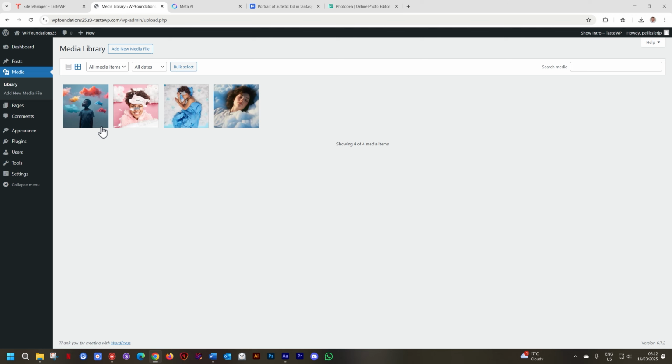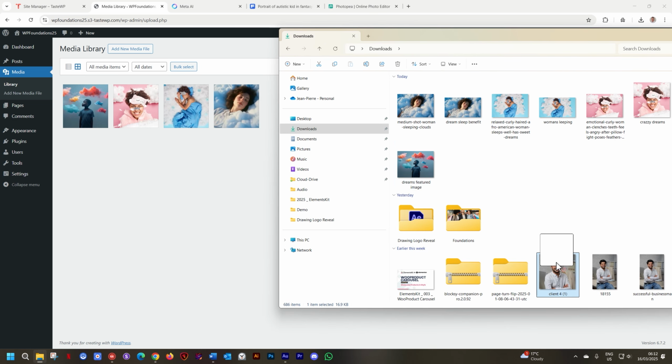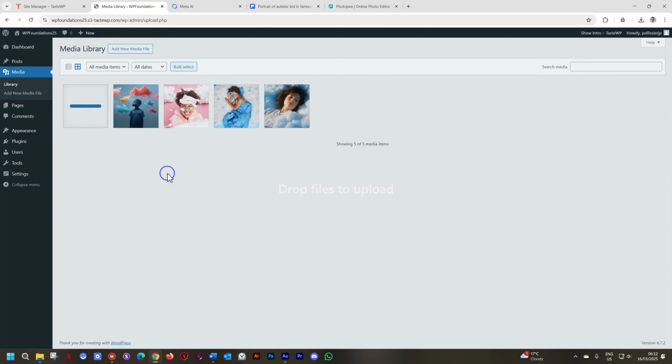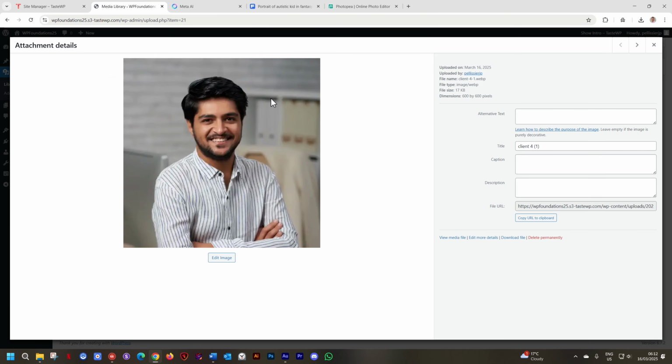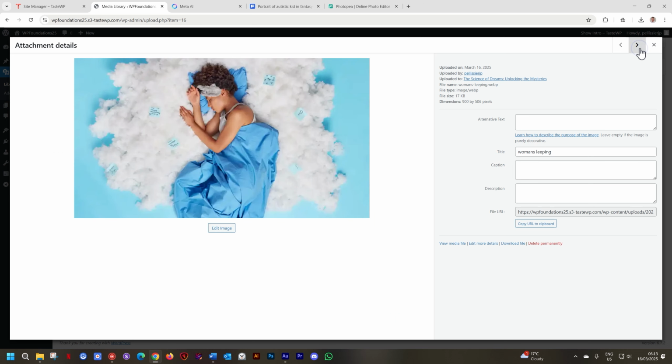What you had to do is you had to come into the media library and upload the images from here. And you can do that again with this simple feature of just dragging and dropping. So I have an image over here that I've used in another website, and I'll just drag it and drop it and it uploads. Then you can select the image and it will show you the image. It will give you some details, the size of the image, and you can cycle through the images by using these arrows at the top.